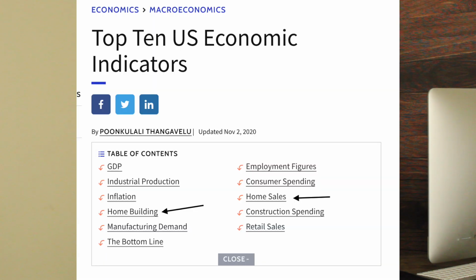And that's definitely something I want to be able to take advantage of. But there's also another reason that this gets me excited. And maybe this doesn't have as much to do with this stock as it does the economy. And the reason being is because home building and home sales, depending on which source you look at, but from my Series 7, home building and home sales are two of the top 10 leading indicators of the economy. Meaning that usually when home building is up, it's a good indicator that the economy will perform well. If home building starts to decrease or takes a substantial decrease, then that might be a sign that the economy